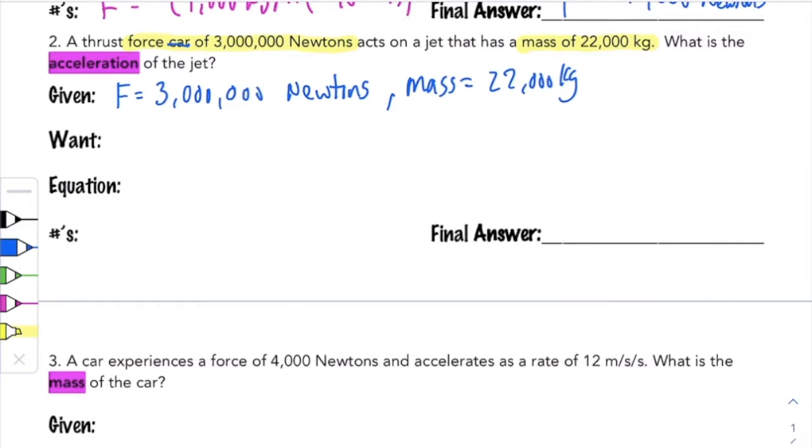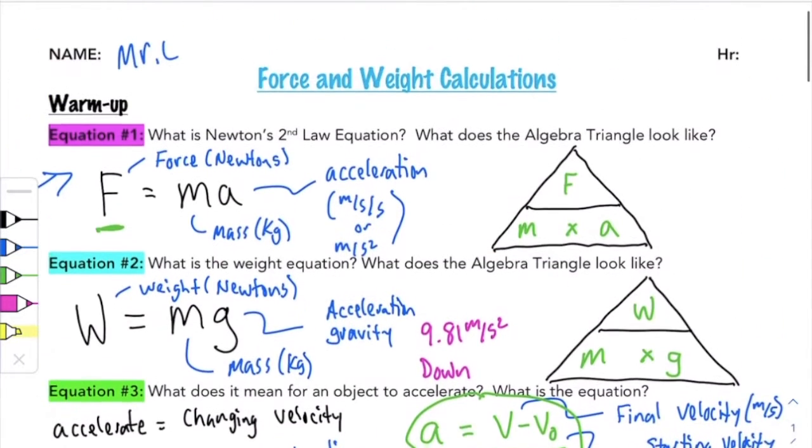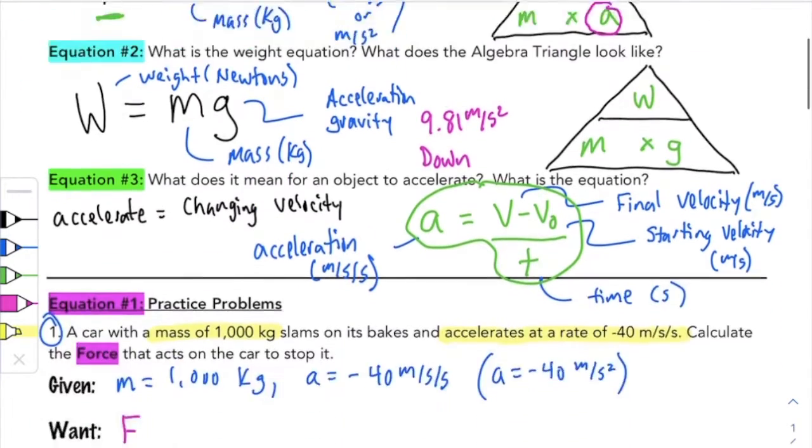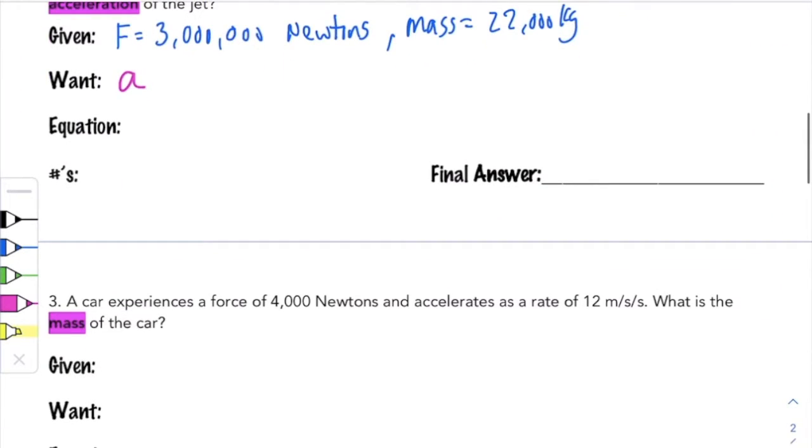What is the acceleration? We want the acceleration, so we have to have an equation that has an A, an F, and an M. And look up top here, we're looking for acceleration. A, F, and M would be this one here. So we'll say we want A. That's just going to be force divided by M. So basically, if we want A, we just do F divided by M. So come down here, A is equal to F divided by M.